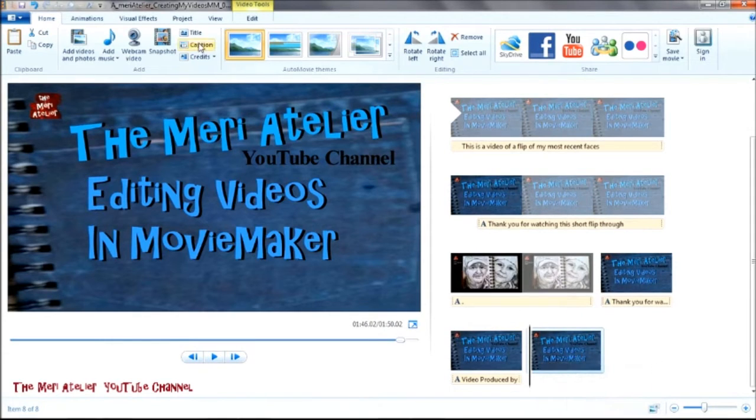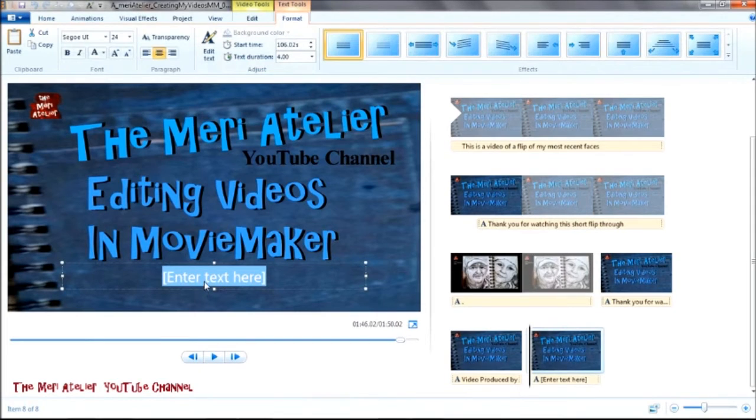I'm going to show you how to put in a text caption in here. Come up to your menu. We're on the Home tab, right up here. If you bop over, you'll see Title, Caption, and Credits. We want to hit Caption, and that'll bring up a little box that says Enter Text Here. So I'm going to type in my text, which will be